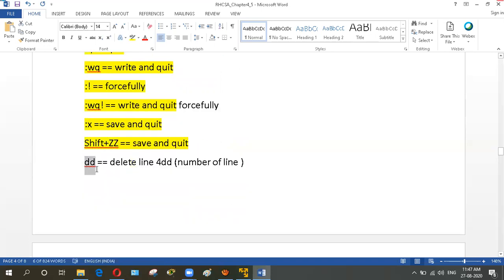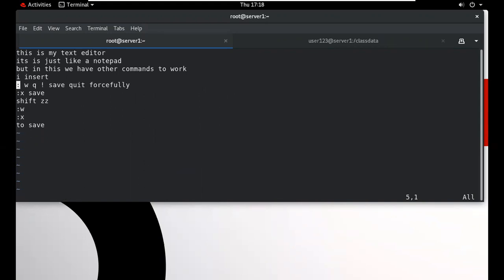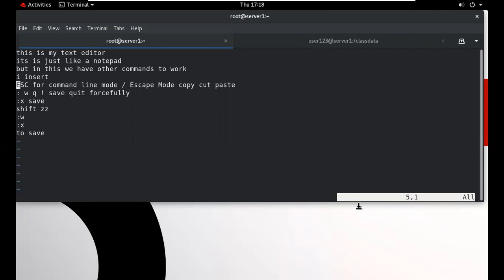Now, if we want to delete some content, a line or word, we can use the dd command. Suppose we want to delete this particular line. We type dd on the keyboard, two times d. The first time there is no result, then when we type d again, the line will be deleted. Now we type u for undo. Now you can see it in the status bar. This is my status bar. When we type d, it will display.